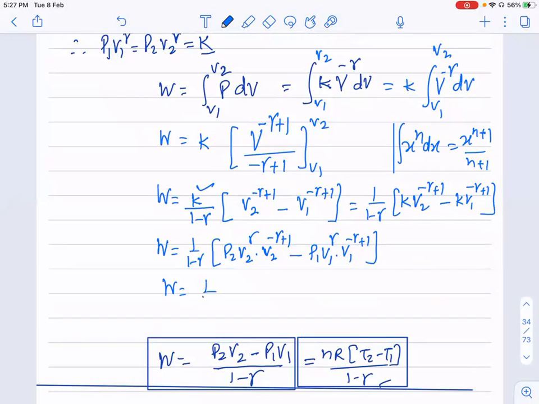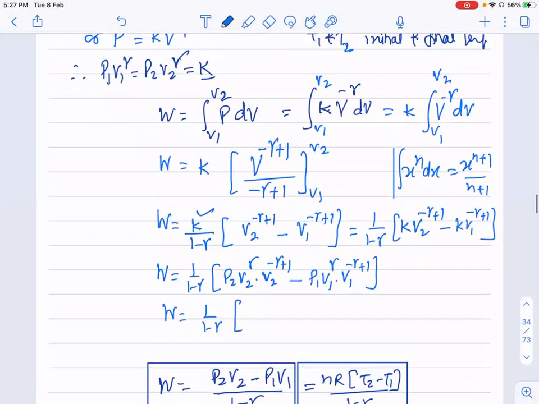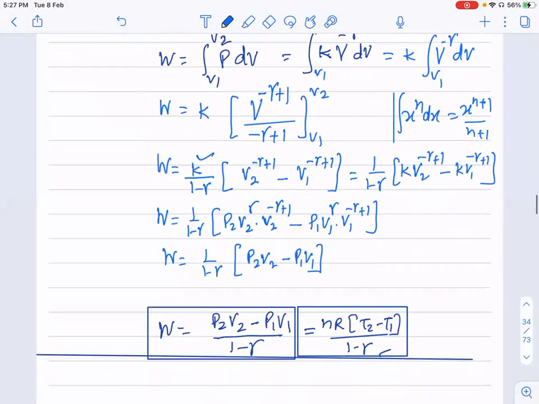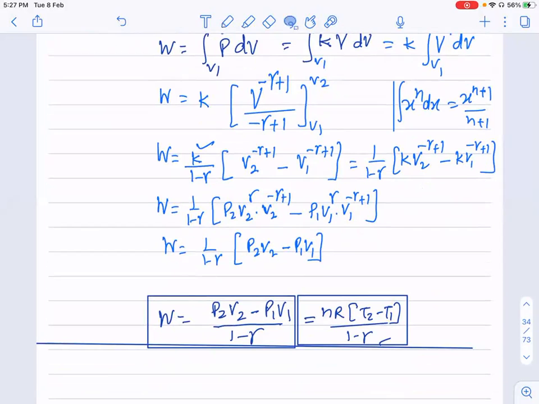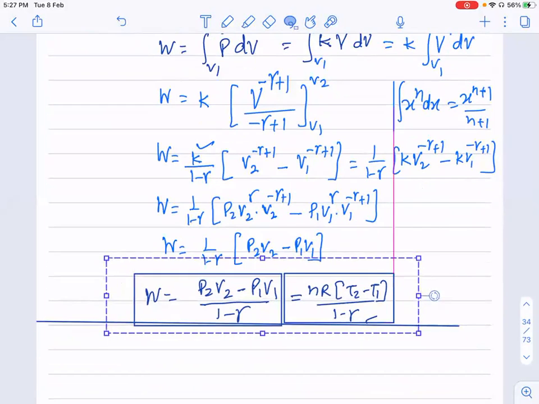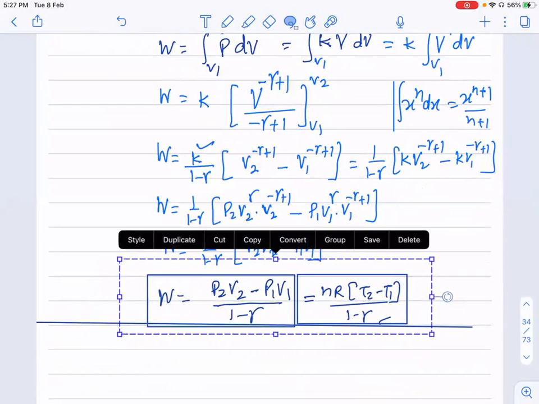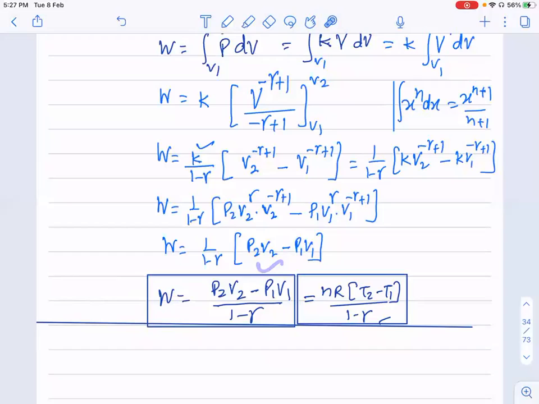तो 1 minus gamma, यहाँ पे देखो क्या बचेगा, यहाँ पे V to the power minus gamma और ये V to the power plus gamma ये कैंसिल हो जाएगा और plus one, ओनली V2 बचेगा यहाँ पर, इट विल बी P2 V2 minus P1 V1, ये बचेगा, बाकी कैंसिल हो जाएगा। तो फाइनली व्हाट वी गेट इज दिस, ये आ जाएगा नीचे, कैन यू सी, ये आ जाएगा। इसको हम चेंज भी कर सकते हैं, क्या चेंज करेंगे,